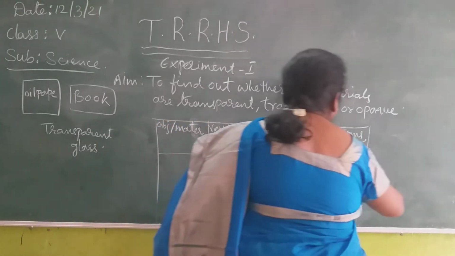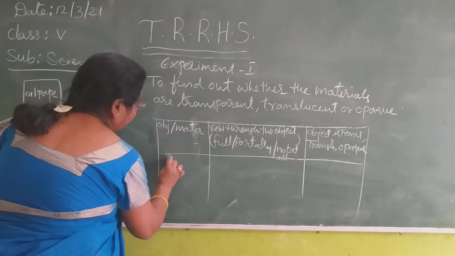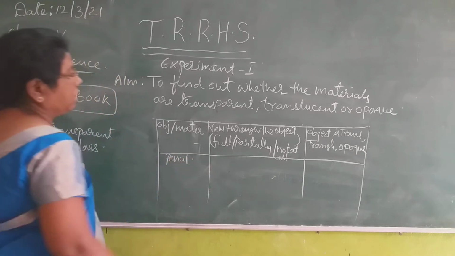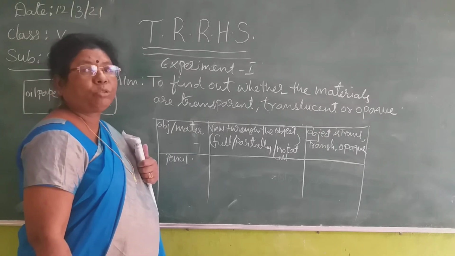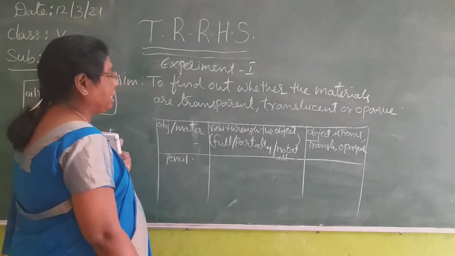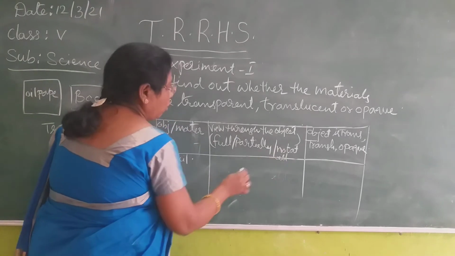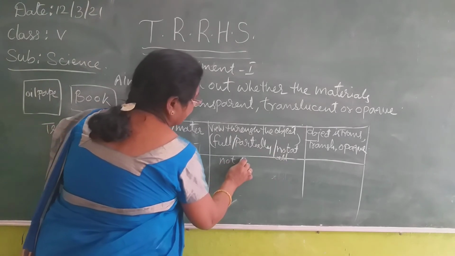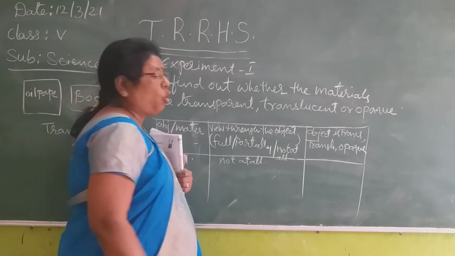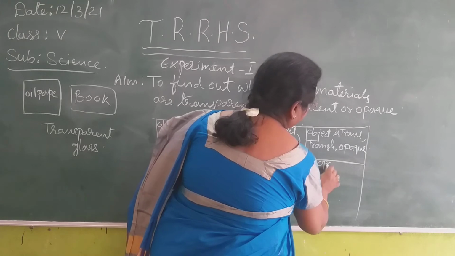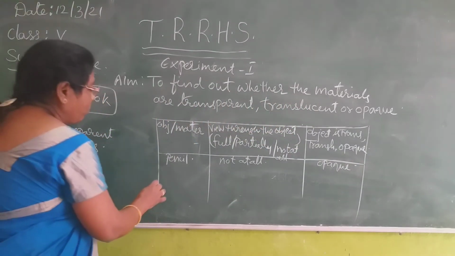Here the objects are given for you. For example, a pencil is given for you. See the pencil. View through the object. Can you see anything through the pencil? Not at all. The light does not pass. So here you have to write not at all. You cannot see anything. So the object is opaque. In the same way, you can take the rubber ball